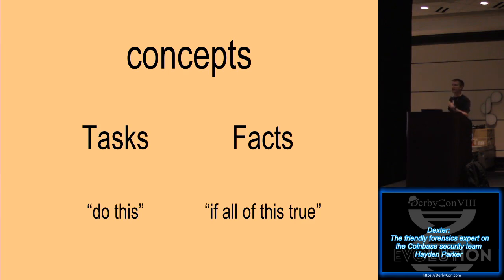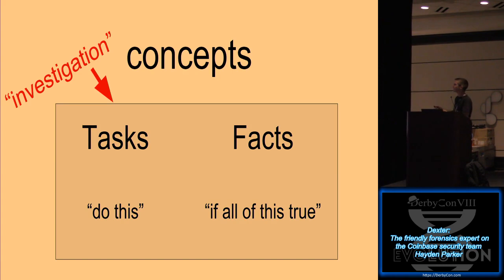Okay, so concepts. What are the things that went into this idea here? Basically, it has to do with tasks and facts. A task is something that you're going to do for the forensics operation. That could be collect these files or really anything. You have this Go daemon that you can write any code in, and then tasks are just functions in Go. Most of them are collecting forensics artifacts. That's the purpose of the tool, right? And facts are scoping mechanisms: if all of these things about a host are true, then you should run these tasks.